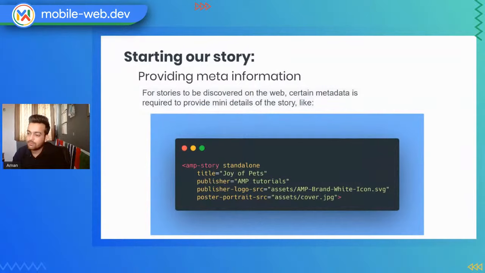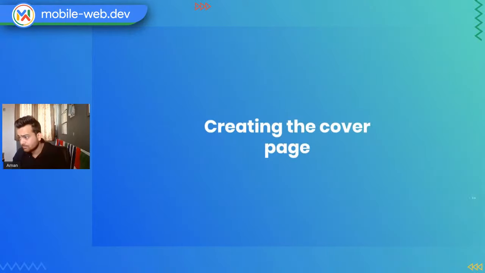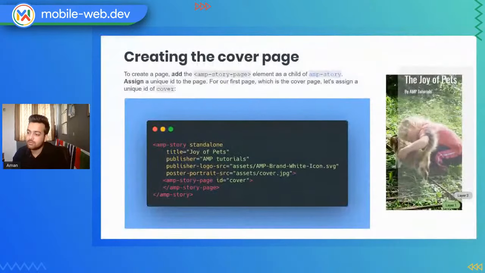After this, you have to add some more properties, like what is the title that you want to give to the story, what is the publisher. These are some kinds of attributes and metadata. This metadata helps every story to gain some additional things like icons. AMP actually understands this metadata and makes your story more interactive, along with different things that you can add to the story. So firstly, the first thing that comes in an AMP story is the cover page.